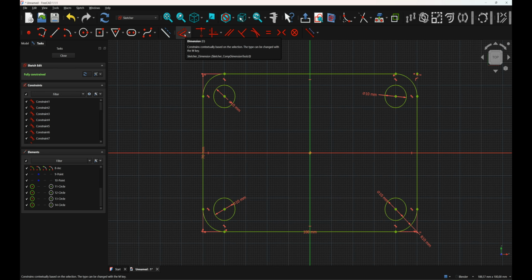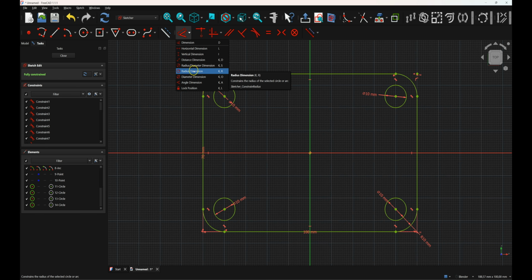Depending on the geometry we select, the appropriate dimension will be chosen. But when we expand it, we have the individual dimension types here, and we can select the specific dimension that we want to apply. Okay, I press escape or right click to cancel the dimensioning command, and now it turns out